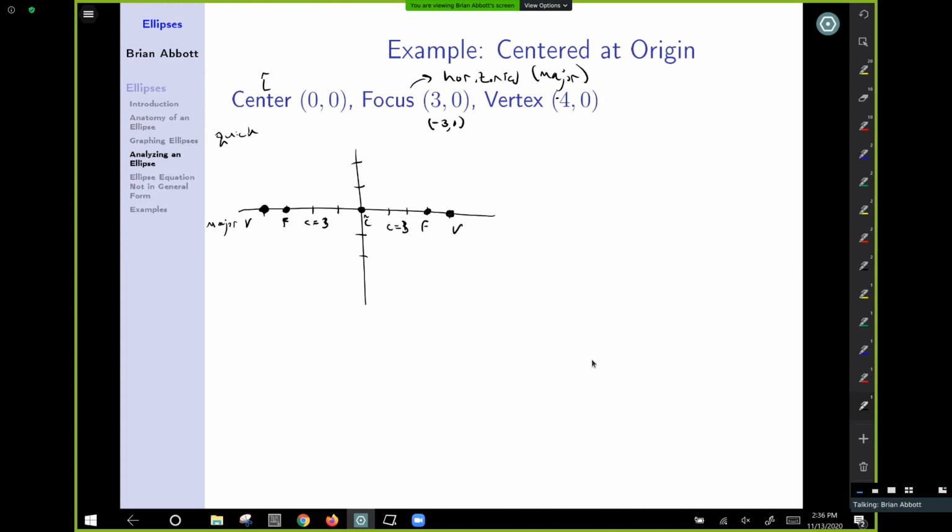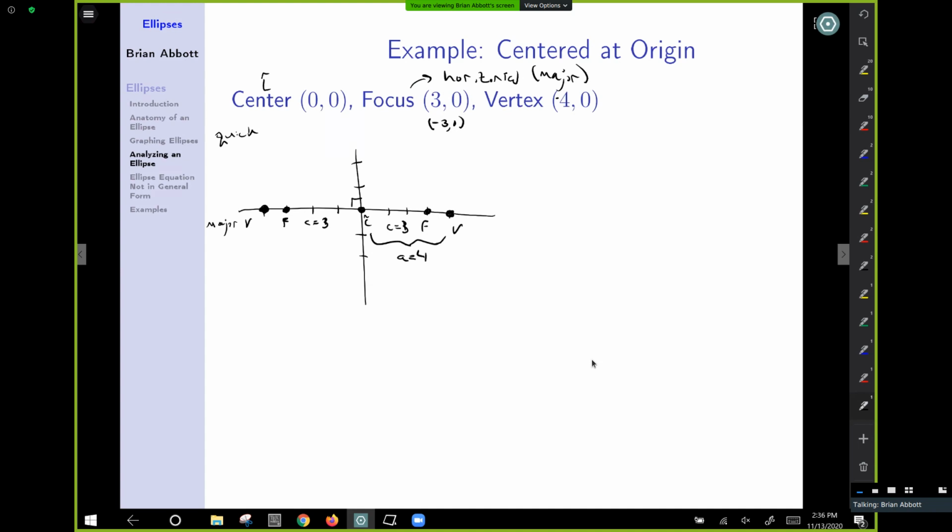Okay, so what do we know? We need A, B, and C. Well, we know A because we know the distance from the center to the major vertex. A equals 4 in either direction. So our triangle is going to be, and this picture will not be accurate, but keep in mind the triangle